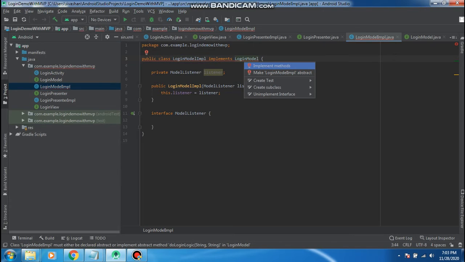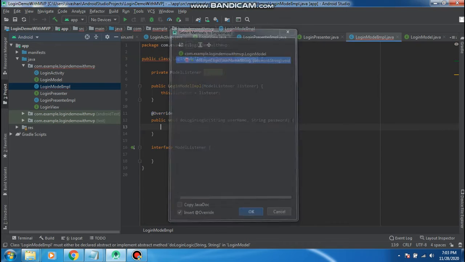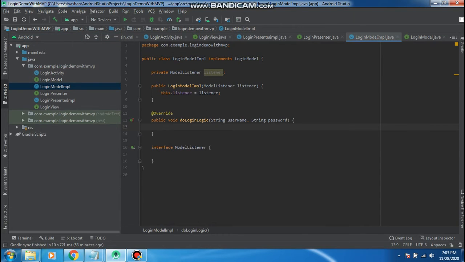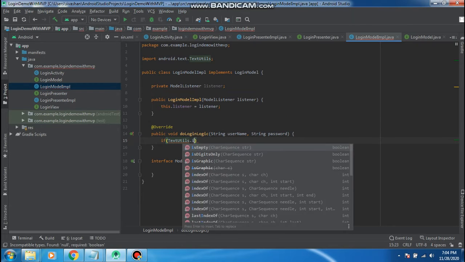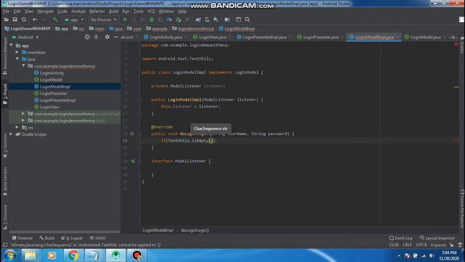Once I declare that method, it should automatically come under override. Here I put the logic.